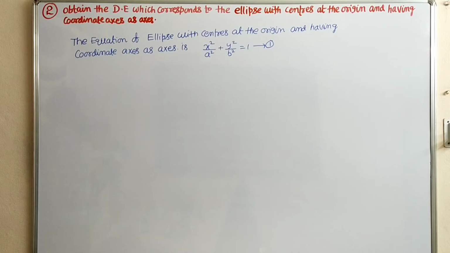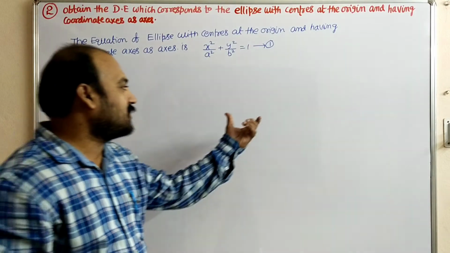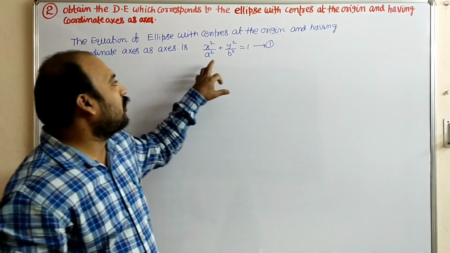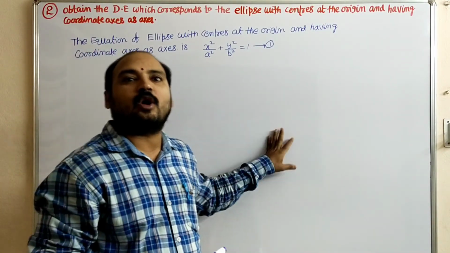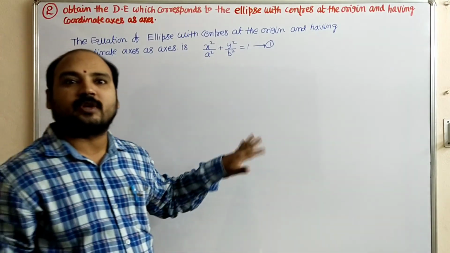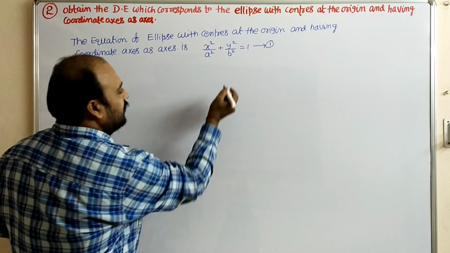After that, how many constants are there in this? You have to recognize. In the previous question, they were mentioned in a bracket. So here you have to recognize a and b are the two constants. You have to eliminate these two arbitrary constants by differentiating two times. So here, differentiate with respect to x.